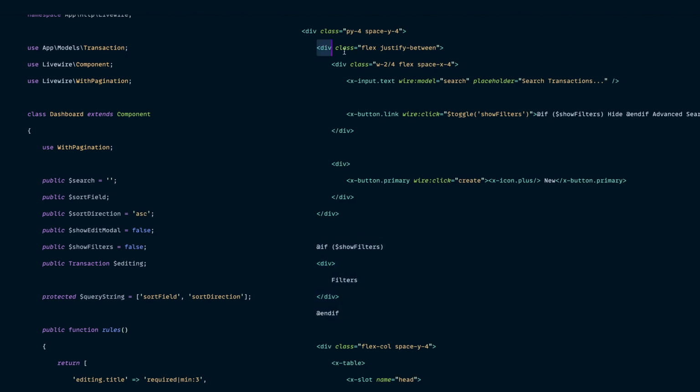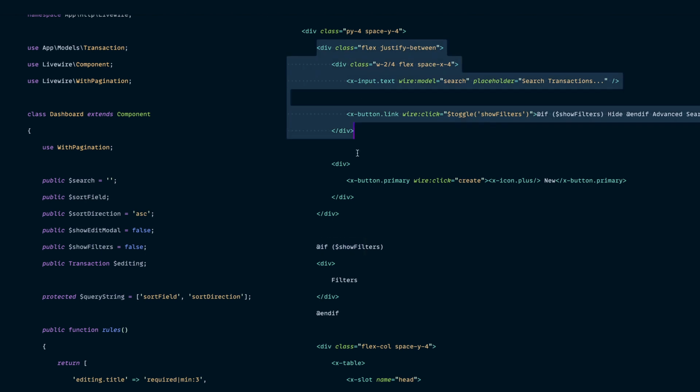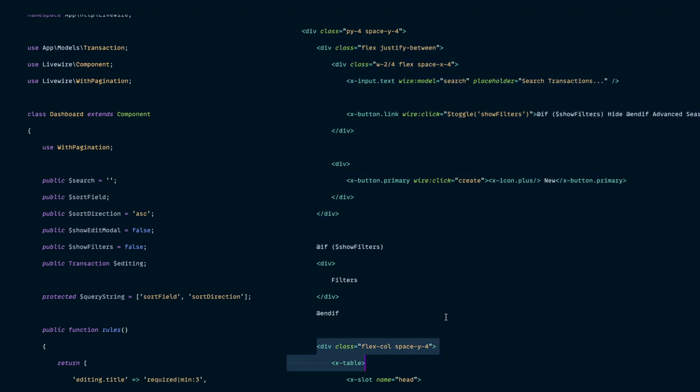So here it is. We have one div and a second div. And so this is false for the first render. So the HTML that goes to the server first is just this div next to this div. Then when you click show filters, you're adding a new div in the middle. MorphDOM actually has a difficult time dealing with that